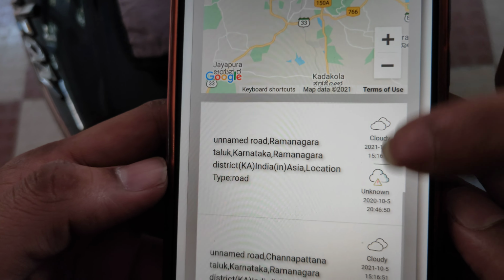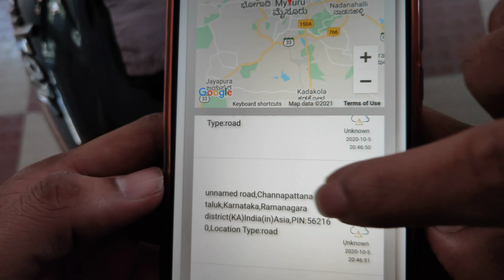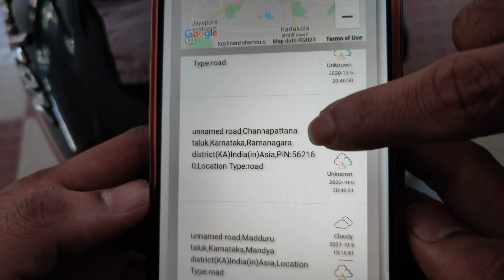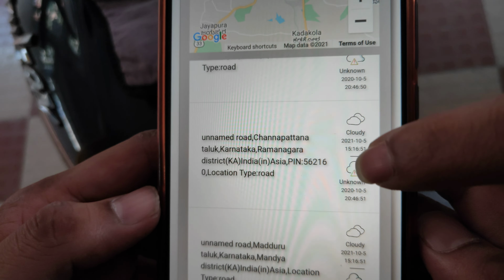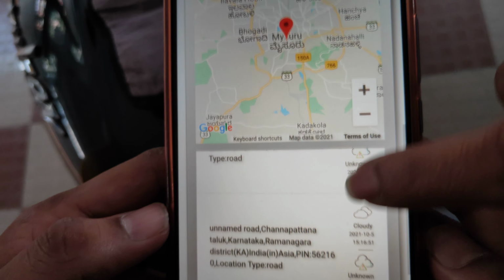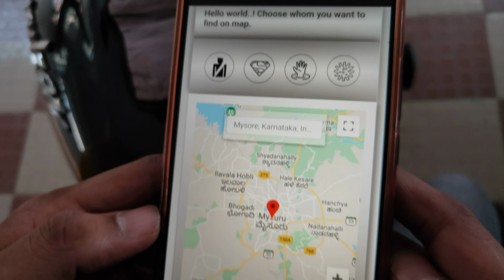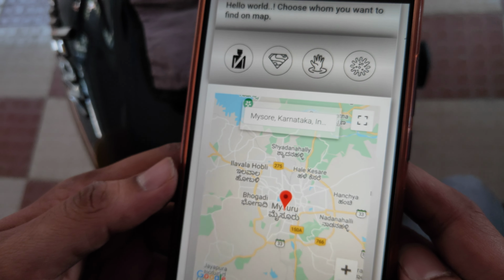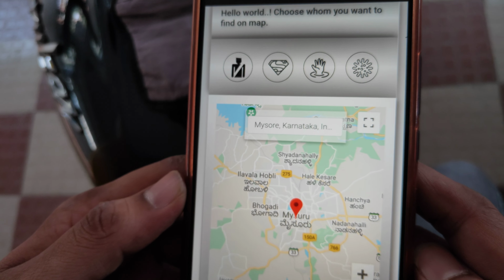So like this, all the people living in these places like Ramnagara and Channapatna will update the weather so that you can see the actual weather here before leaving. Accordingly you can plan your trip. So this is about our product. We will keep posting updates on how it works. We are just starting from here, right? How we can plan using WaveMonk, that's what we are demonstrating.